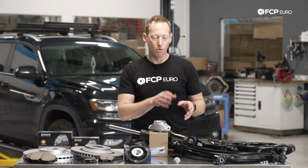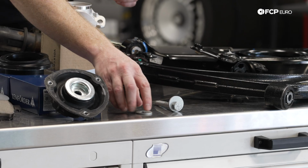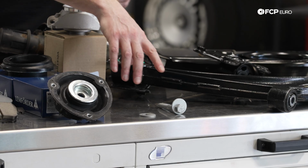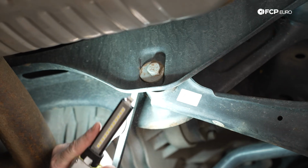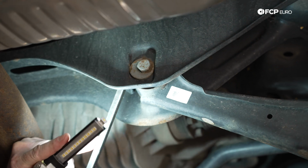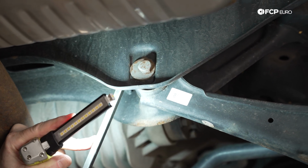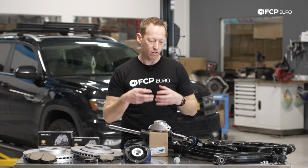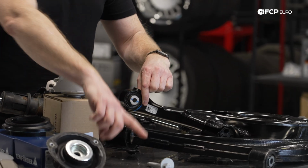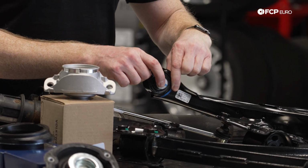The main thing I want to point out on the rear, however, is actually this concentric bolt and washer combination. Now this is used on the rear of the car to adjust the toe in and out on the rear alignment. Now, if the vehicle is used in an area where you get a lot of salt, a lot of treatments on the roads, things like that, where it gets a lot of rain or condensation or moisture, this bolt can actually seize inside of this bushing,